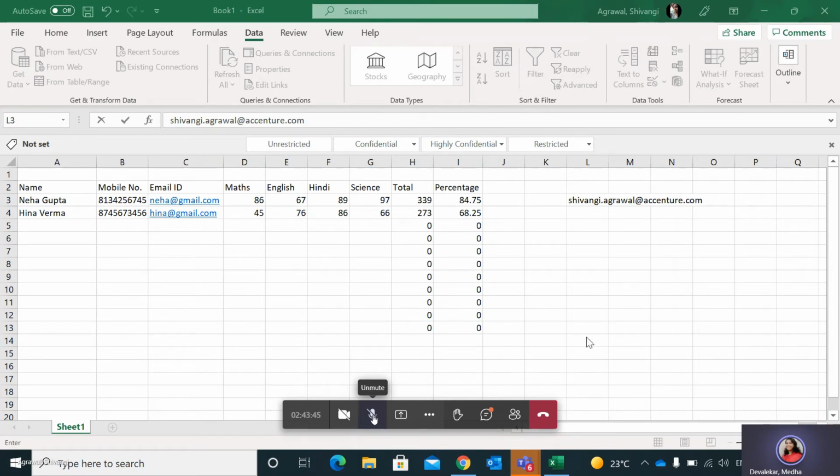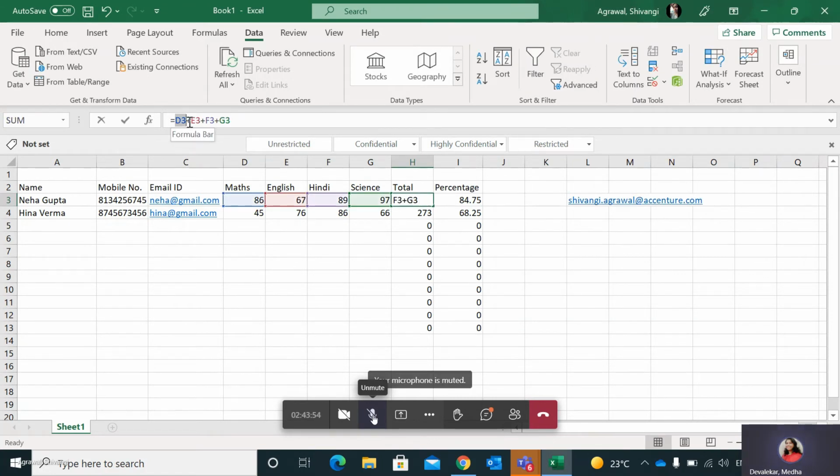In total, what is the formula you have written? Okay, it's simple addition. And what rule have you applied for that mobile number?